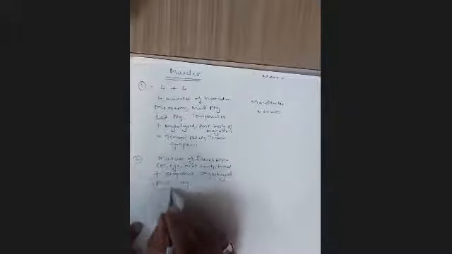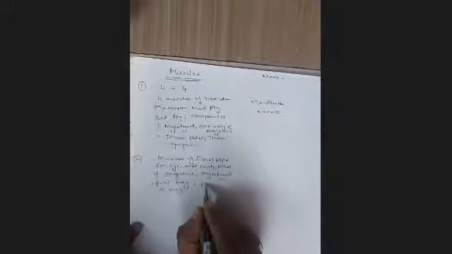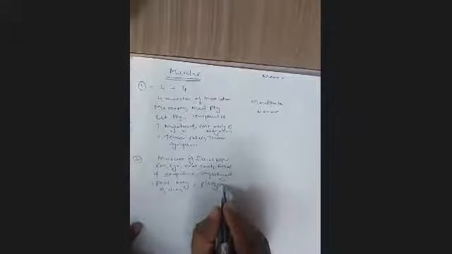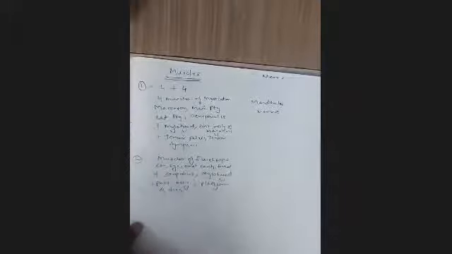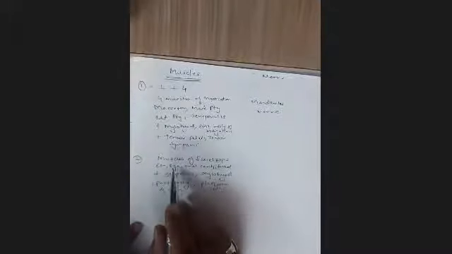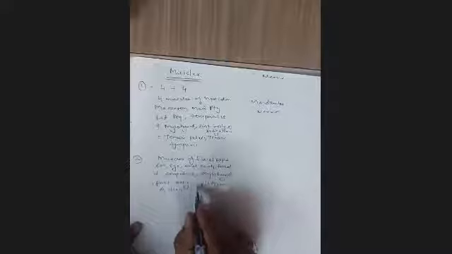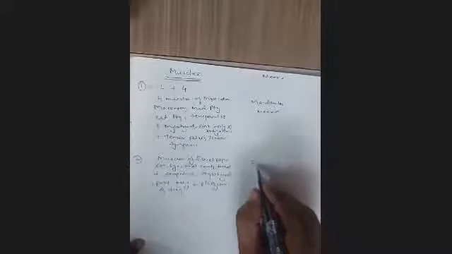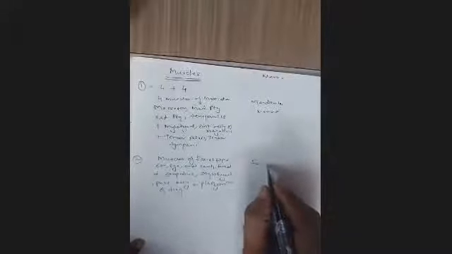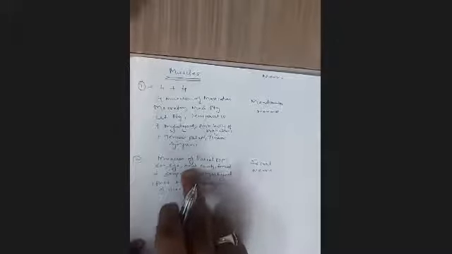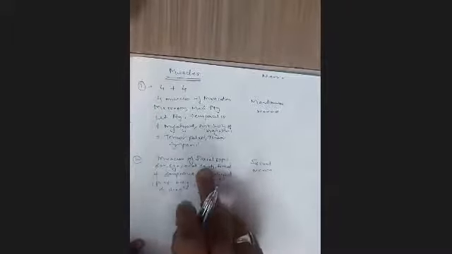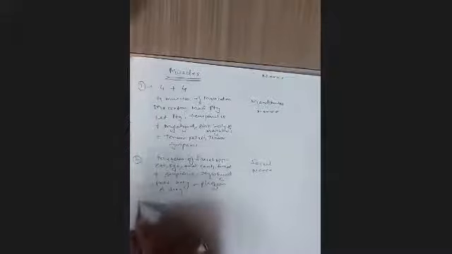Posterior belly of digastric, then platysma, because this can be considered as muscles of facial expression. The occipitofrontalis muscle, all this. Okay, so here also muscles of facial expression plus 4: stapedius, stylohyoid, posterior belly of digastric, and platysma. All these are supplied by the facial nerve. So facial nerve is the nerve of the second arch. All the muscles of facial expression develop from the second arch.